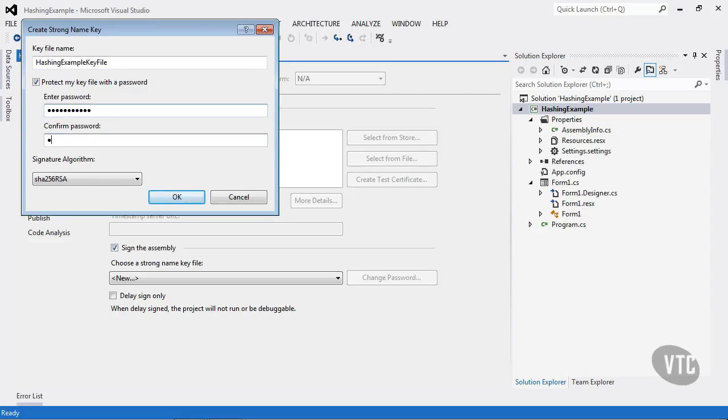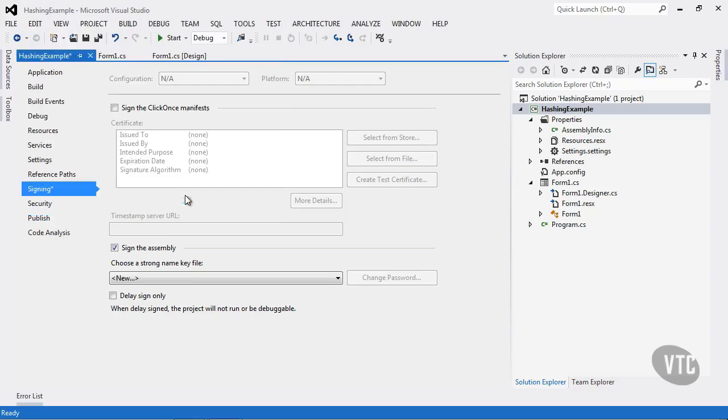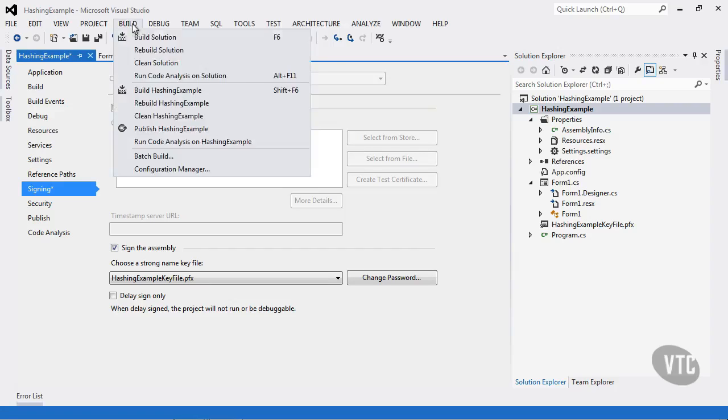I'll have to use that to protect that key file, and to open it up later. I can change my algorithm if I would like. I'll leave it just like that. I'll click OK, and just like that we should be ready to go. Okay, and so if we build this, and I'll change this to a release version, and we build this project, we build this solution, we have now